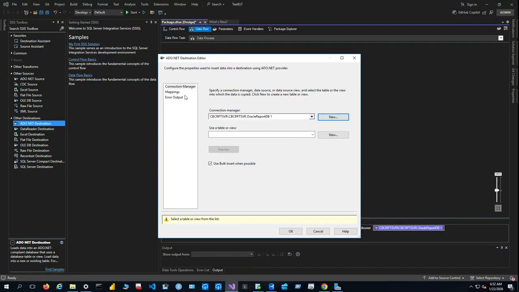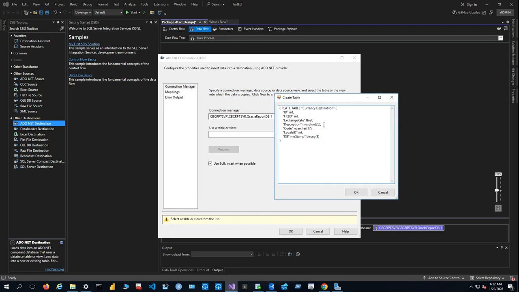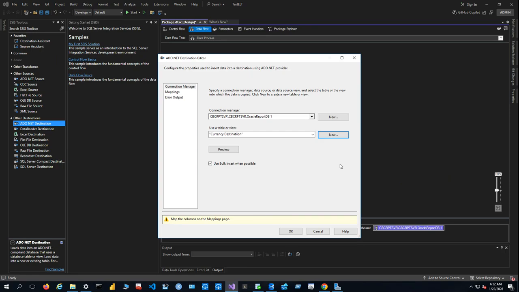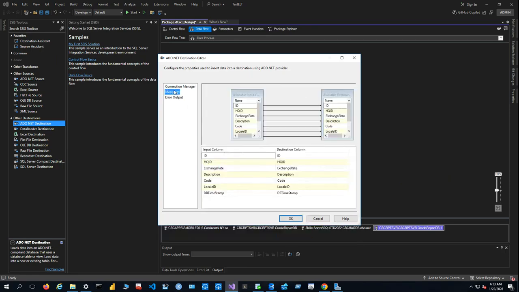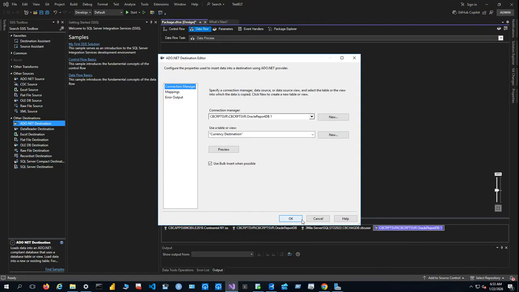All right, so we can check the mapping. Oh wait, by the way, you can't check the mapping until you actually create the table. So now I'm going to create this table within the destination database. All right, confirm all these tables, the data types. Okay, cool. I'm saying okay. Again, this is the destination. Now you can check the mapping. You can check your error. All right, so once you say okay,